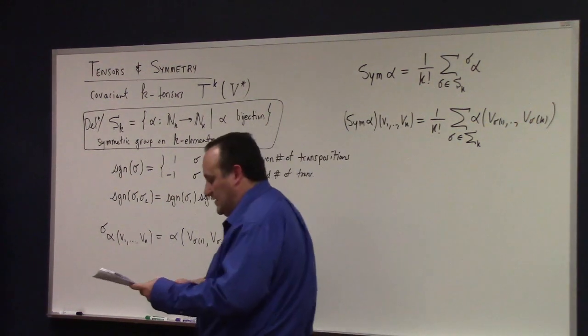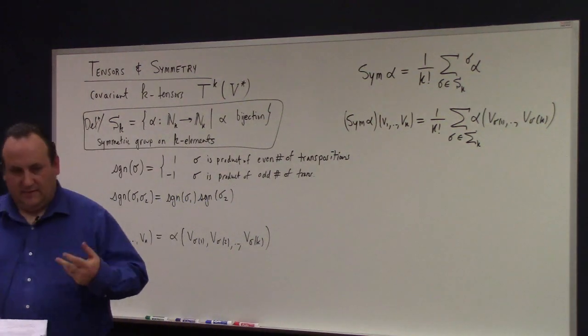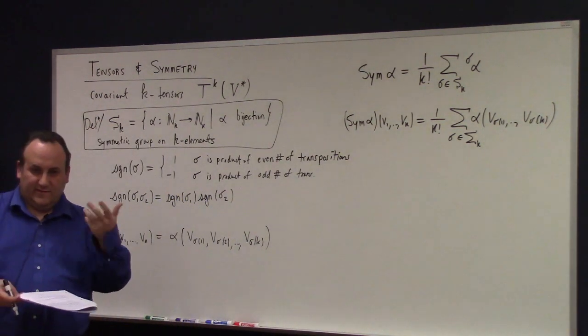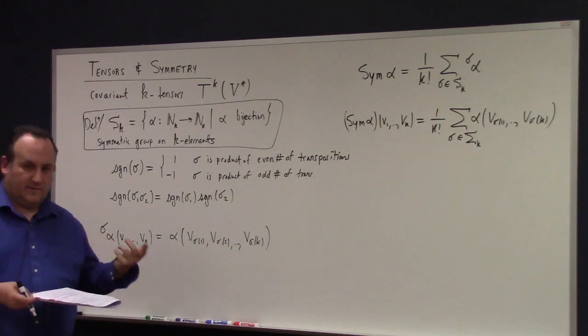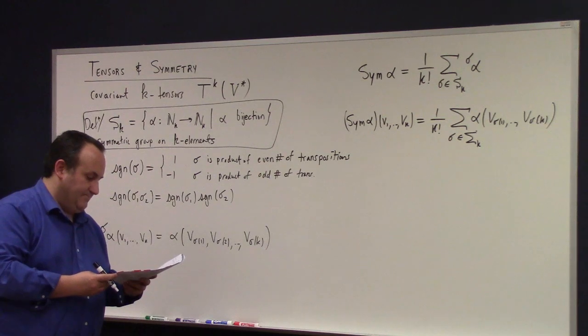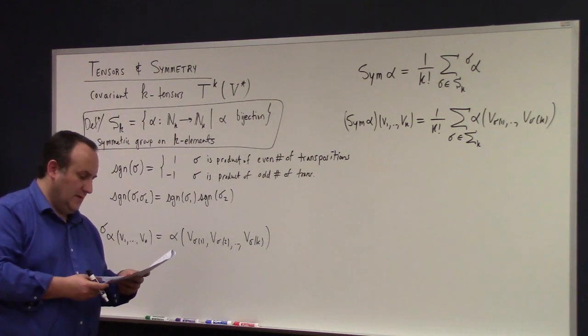So the symmetrization of a tensor simply takes a sum of all possible rearrangements of the entries into the tensor, like a complete reshuffling. And let's see here,